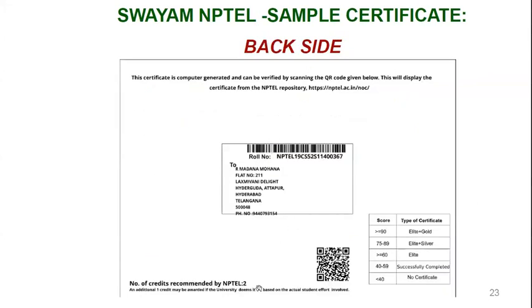Now on the backside of the certificate, the categories are given. Here you can see the number of credits recommended by NPTEL. If any student opted for this course and took the examination, then they have opted for credit transfer. Officially, this feature is there. Some universities offer credit transfer, even JNTU Hyderabad also.